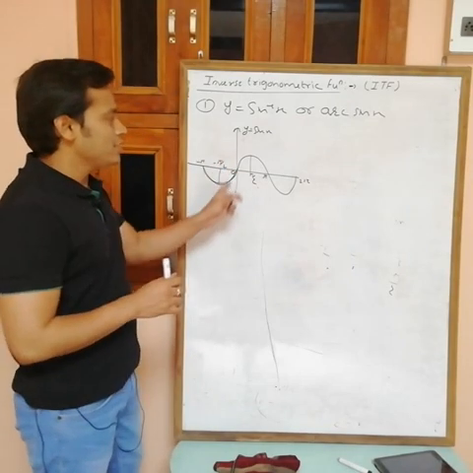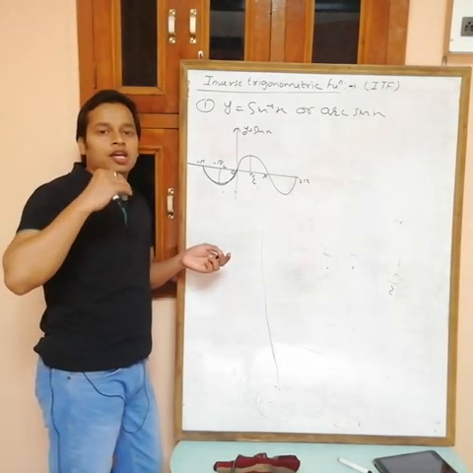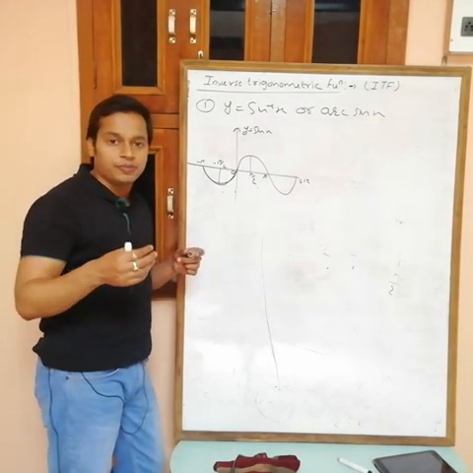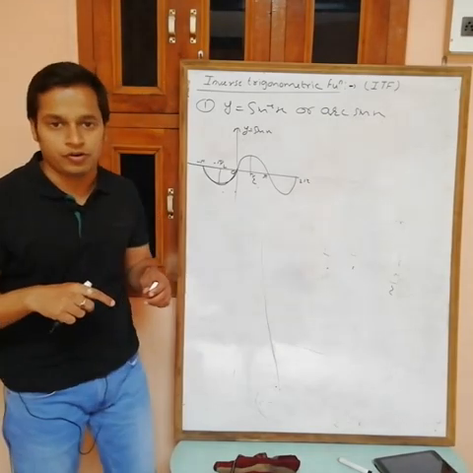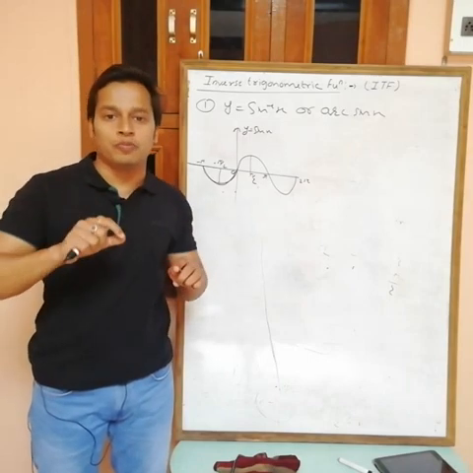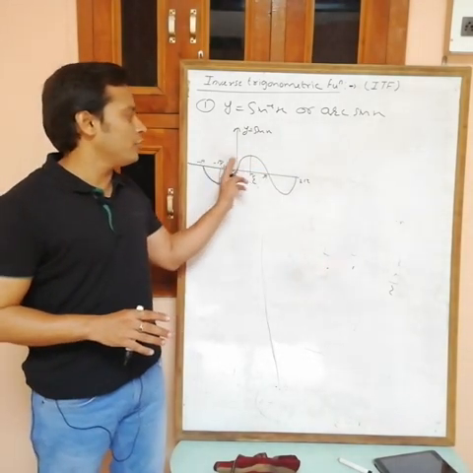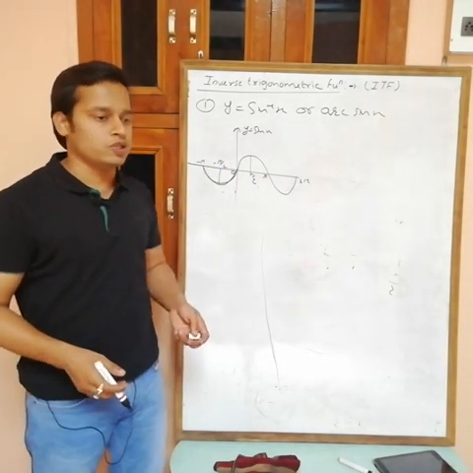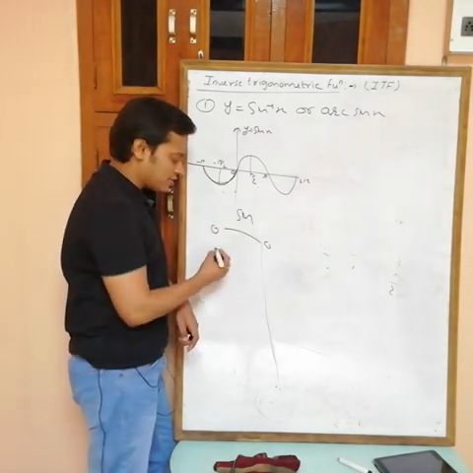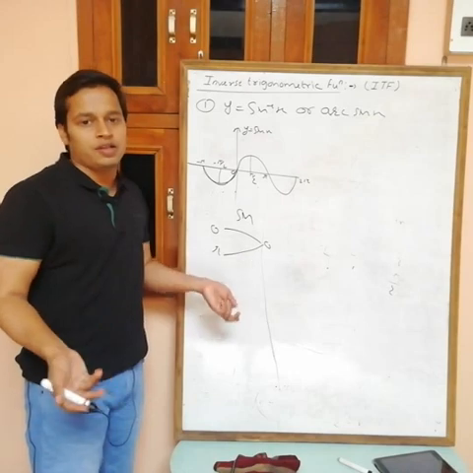Now you can easily see that sine x is many-one, obviously. Graphically, how can you check? If any line parallel to the x axis cuts the graph at more than 1 point, then the function is many-one. And if any line parallel to the x axis cuts at only 1 point, then the function is 1-1. Here, if I draw a line, you will get more than 1 point of intersection. I can also prove it like this: the value of sine at 0 is 0, and sine pi is also equal to 0. For any two x with the same y, the function is many-one.